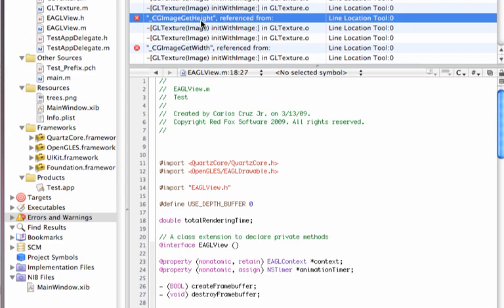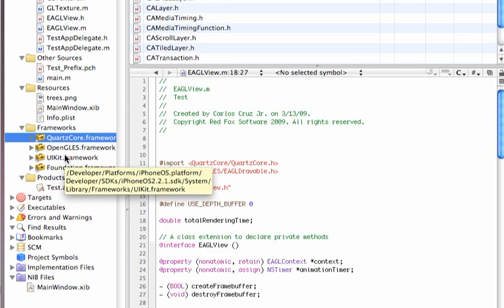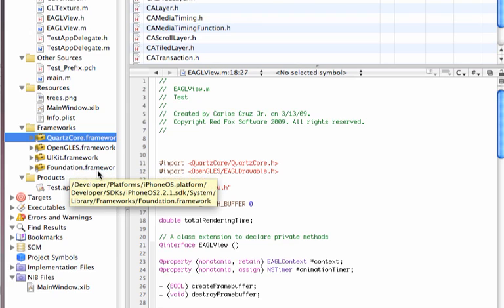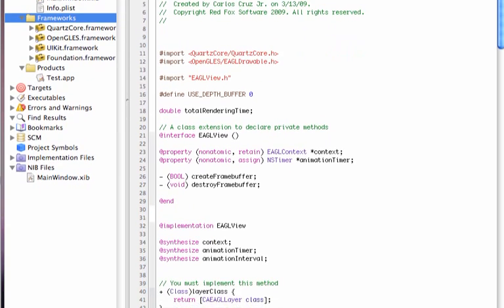CG image get height reference from GL texture image initialized with image. What this basically is saying is that we require a framework, and here beside we have frameworks. We have Quartz Core, OpenGL ES, UIKit.framework, and Foundation.framework. This is necessary because these are where we're going to call all of our functions that we have been calling. In this case, we're going to add the framework of CG